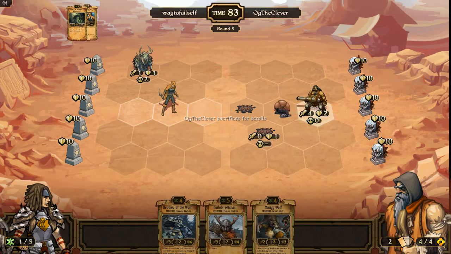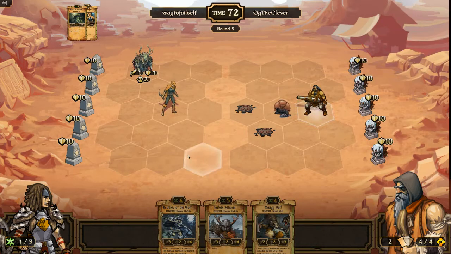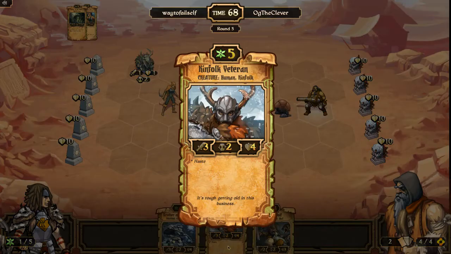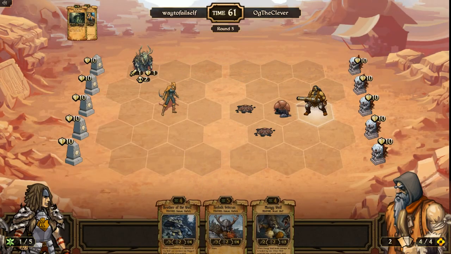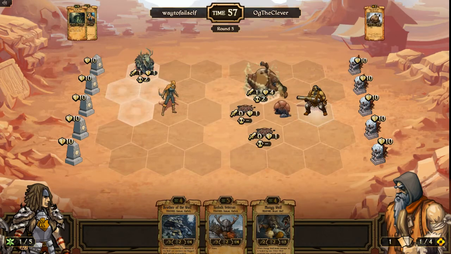So let's see, that guy hits for 4, and he has a cooldown of 2, so that is a really, really good set of stuff for just costing 3 energy. I mean, this is still beta. Some cards are kind of overvalued, undervalued. I kind of think the Kinfolk Veteran could use to either have 1 less attack, probably, or 1 less defense. He's just so good. So let's see, we got a Catapult now,